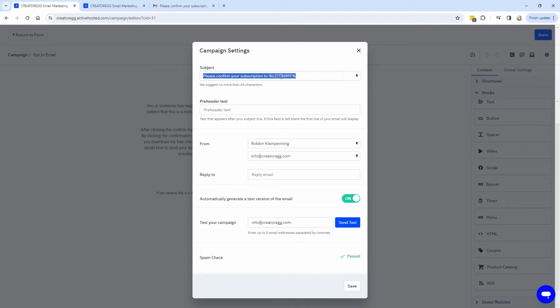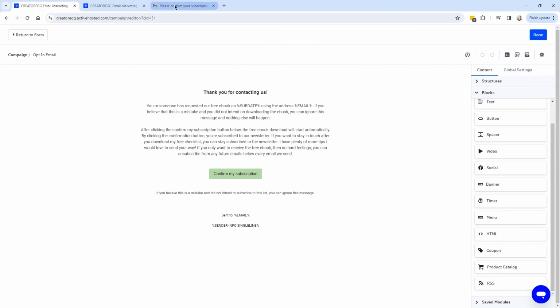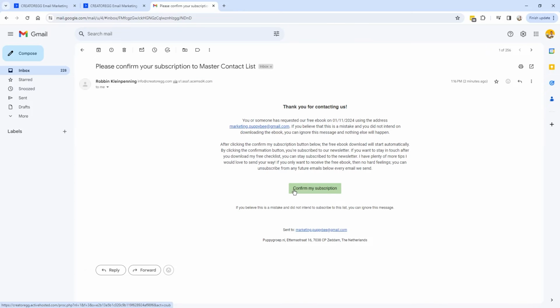So they try to download the lead magnet. For example, you could say, here is your requested download. I'm going to click on save. So I'm going to go back to my email. So the rest of the email is correct. But before I click on confirm my subscription, I'm going to show you how this particular email address